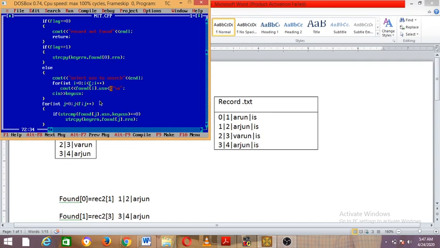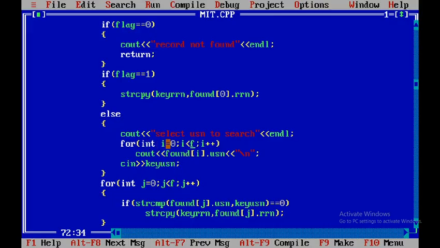Hope you are clarified. Next, once it has been done, you will ask the user to choose one out of these. Which one? 2 as well as 4. And when the third loop enters, it will break. Now scanf the USN. You need to enter a USN value now, either 2 or 4. Once you enter the USN into the variable, which variable? Key USN, because we are prompting the user that there are 2 persons with the same name, and we are displaying the USN of those 2 persons, because USN is not the same for 2 people, right? So choose one USN, which particular Arjun you are searching for.